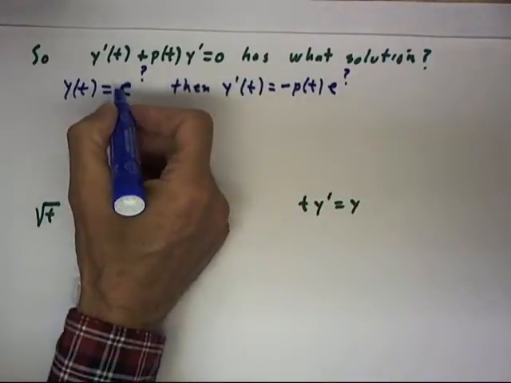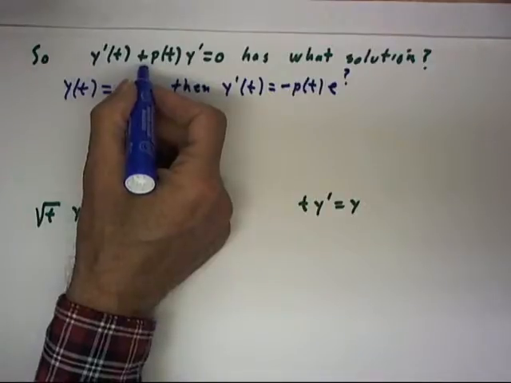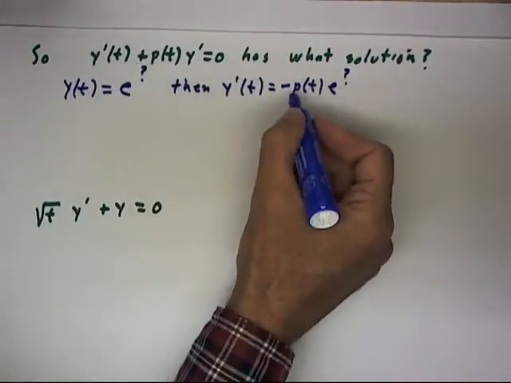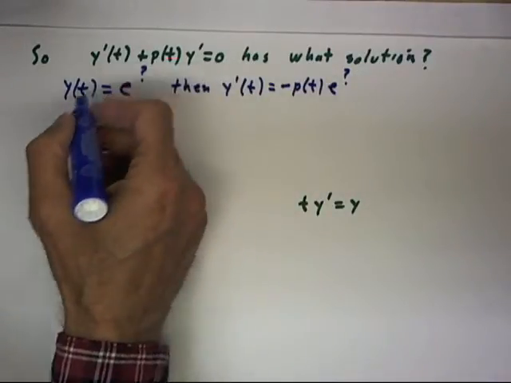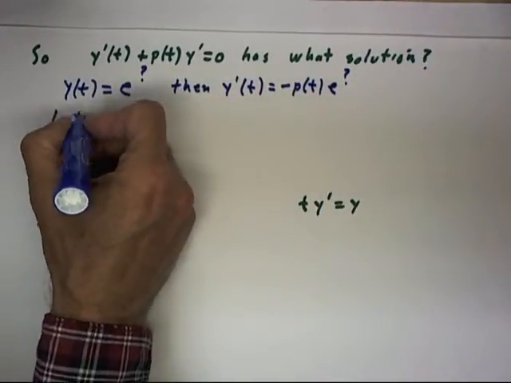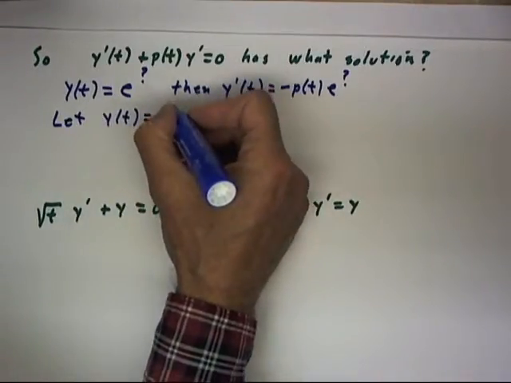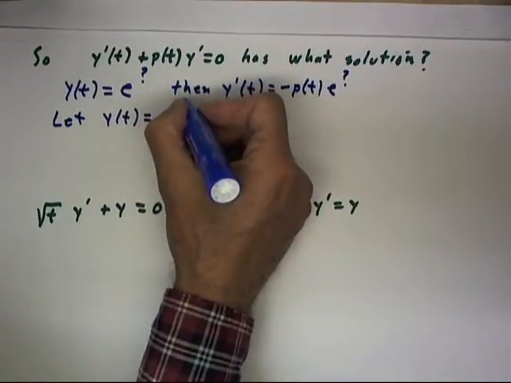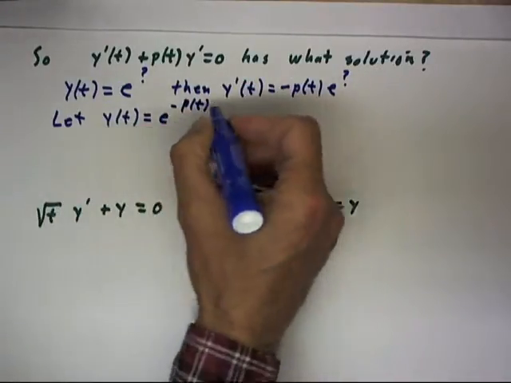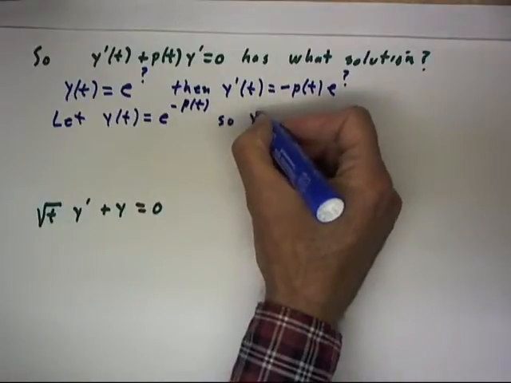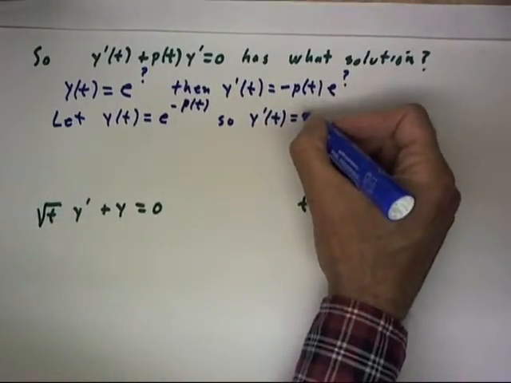Now, when we take the derivative of e to some expression, we're going to have to take the derivative of that expression, and that's what's going to come out in front here. Well, what do we put up here? Let y of t equal e to the negative p of t, and we find that y prime of t equals